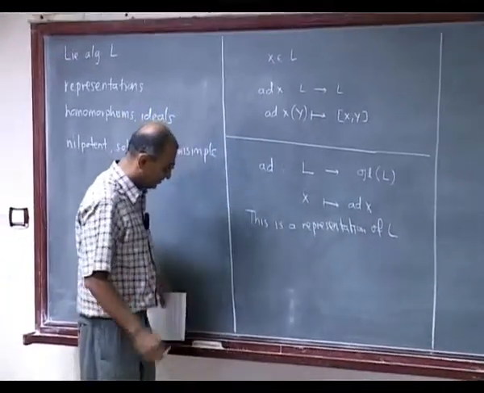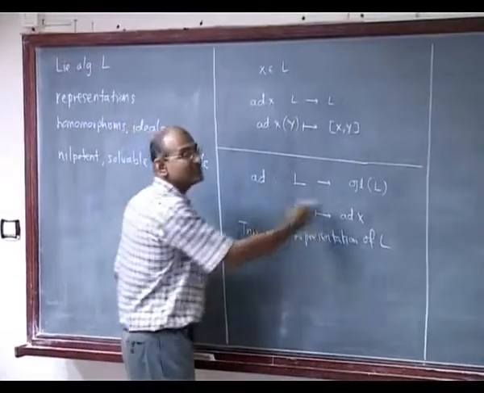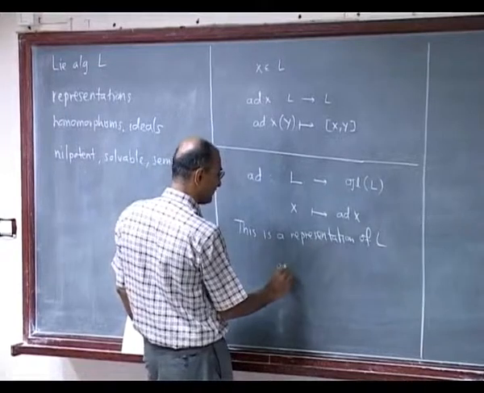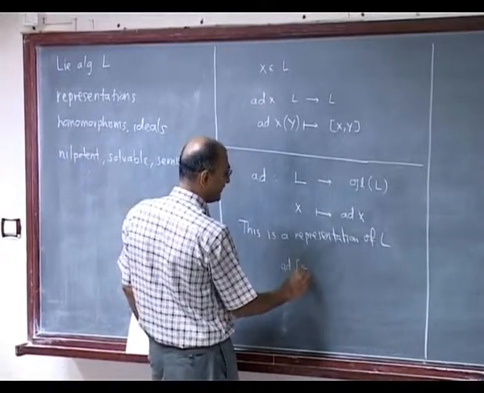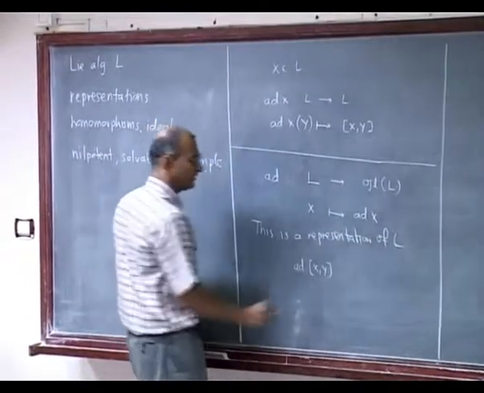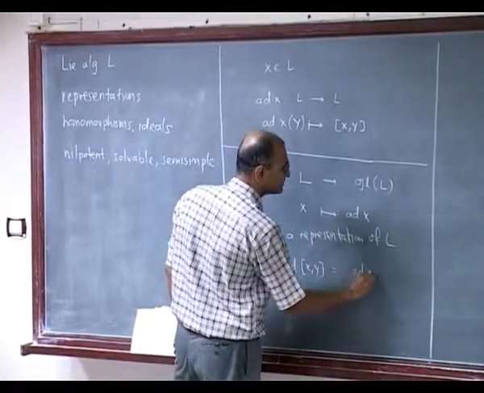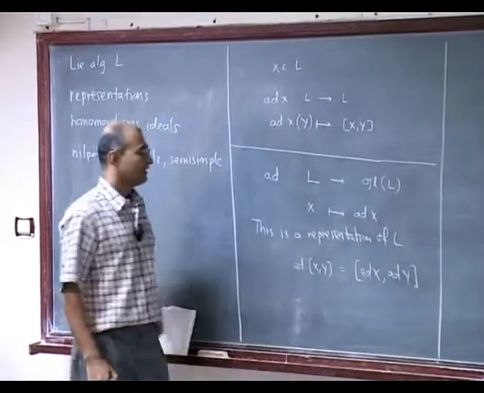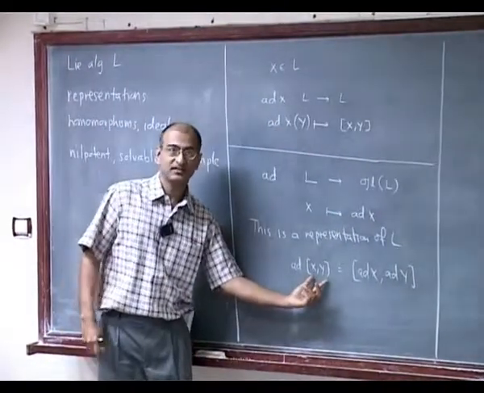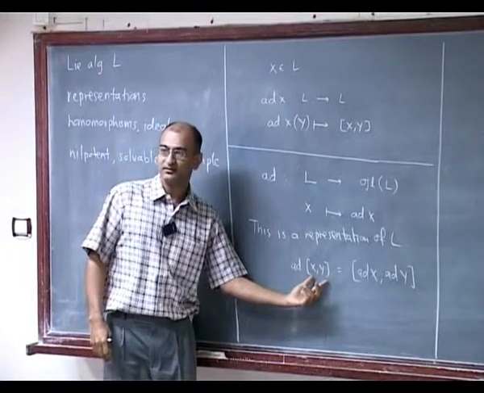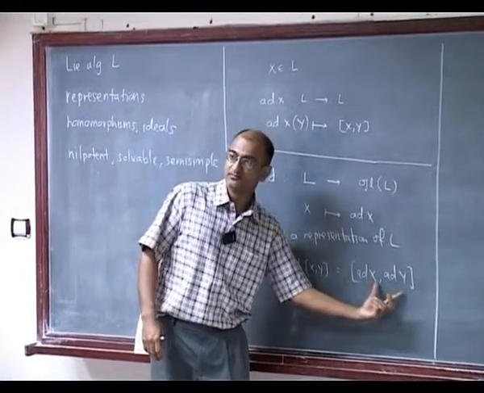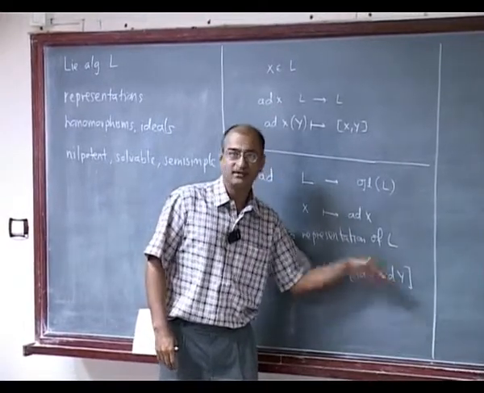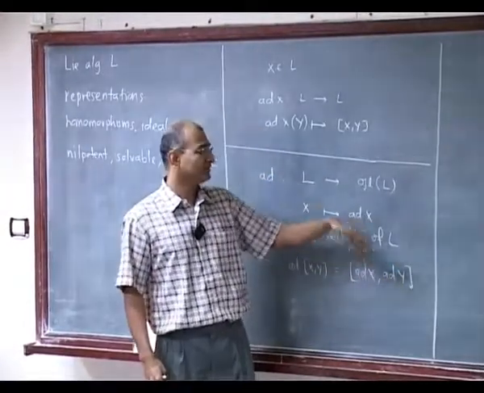So this preserves brackets, that is to say, when I take ad of the bracket of x and y, it's the same as the bracket of ad x and ad y. This bracket is some kind of abstract bracket, whereas this bracket actually means the composition ad x ad y minus ad y ad x. It's actually happening in